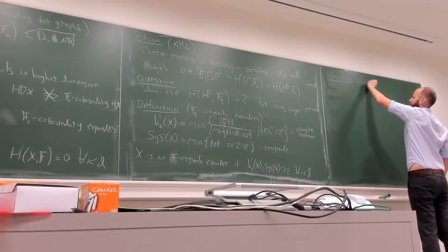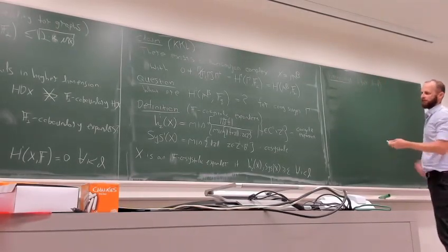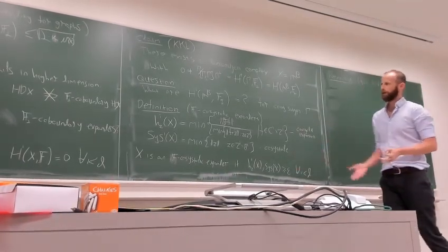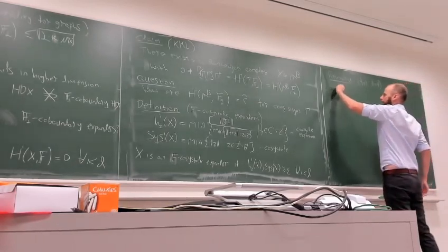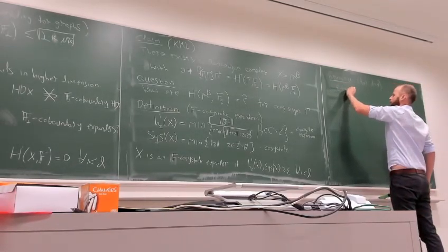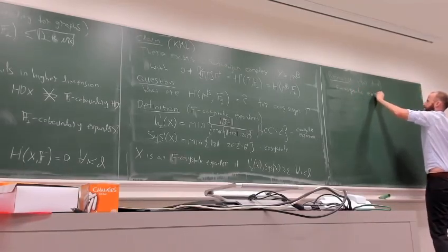Remark slash exercise: for dimension one, for graphs, what does this mean? So coboundary reduces to an actual expander. An epsilon cosystolic expander graph